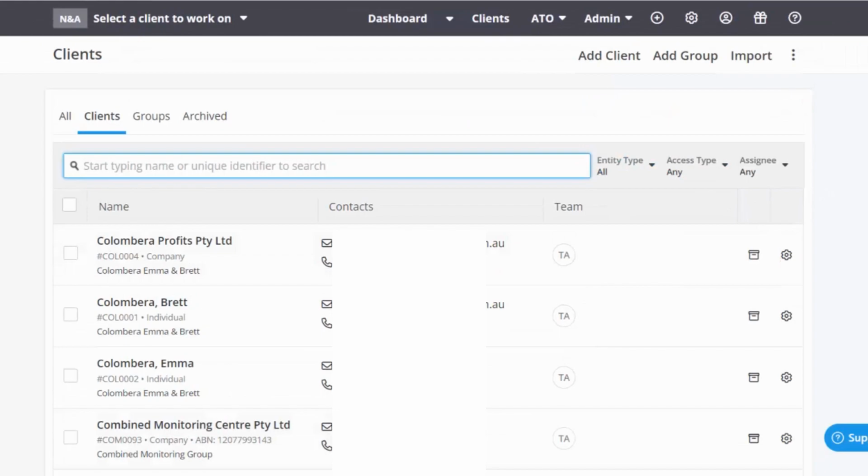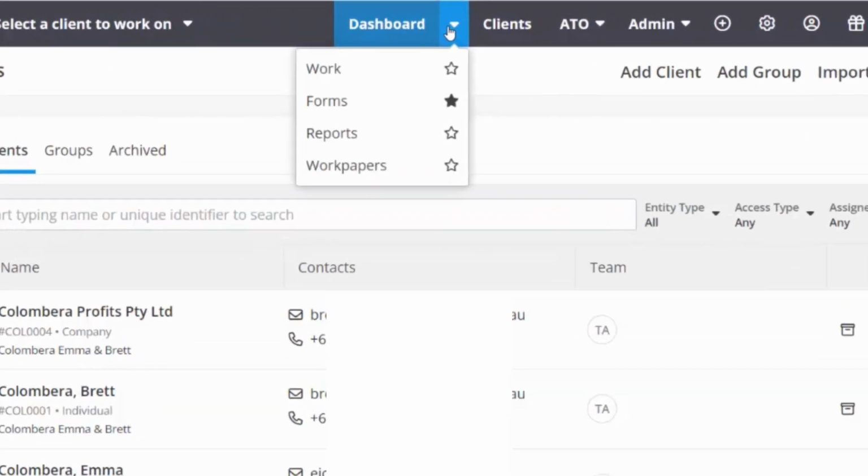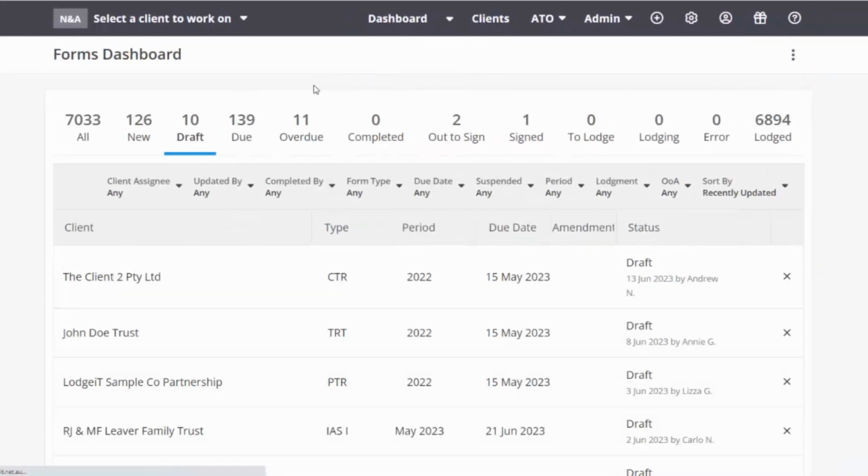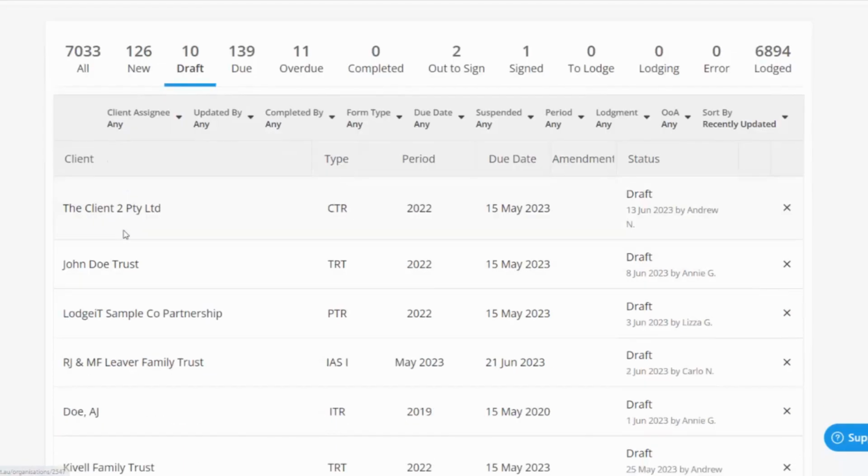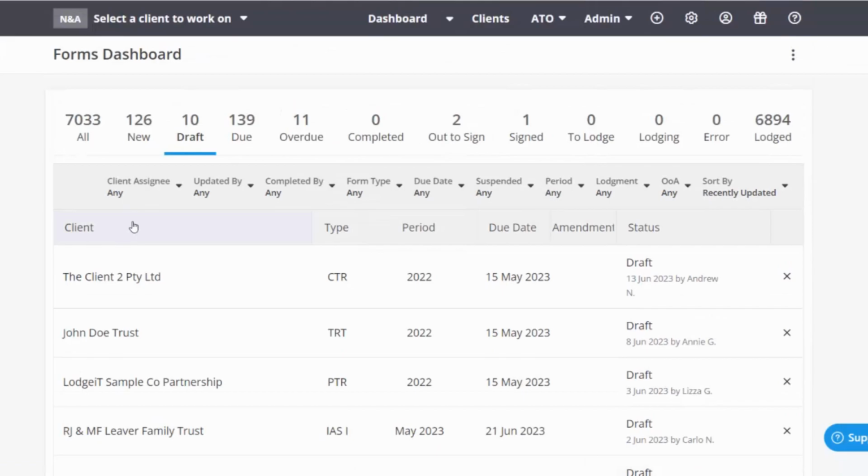This all comes into its own when you go to your dashboard, your forms dashboard, or any of the other dashboards, and you want to see who's working on what. So at this level, we come in here, we've got all our forms which have already been loaded in for